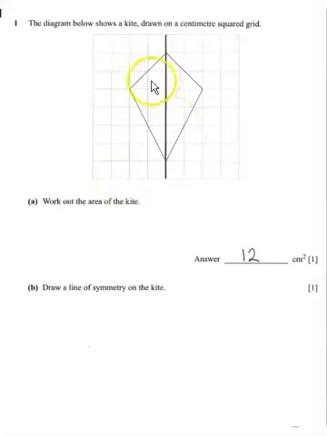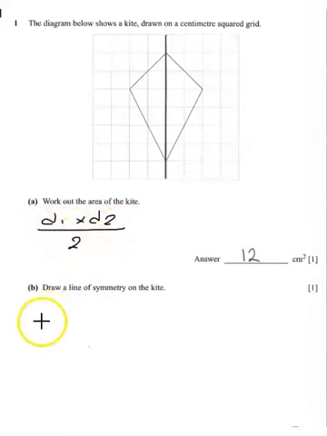You could either count the squares inside this kite and work out that it's 12 centimetres squared. Or you can multiply the diagonals together. Like you diagonal here, there's 1, 2, 3, 4 across. So it's diagonal 1 times diagonal 2 divided by 2. So that would be 1, 2, 3, 4 across,